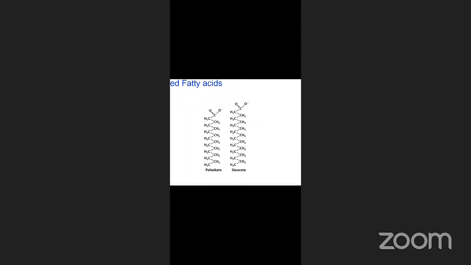So here you can see palmitate, stearate. They are carboxylic acids, I said, COO minus. The functional group is at the top, the first carbon. Then you have CH2, CH2 like that, n number of chain. So C16 and C18, I told you. There is no double bond. You should not consider the double bond in the functional group, not the COO minus. But in the long chain of the fatty acid, if you do not have any double bond, then that is called a saturated fatty acid.